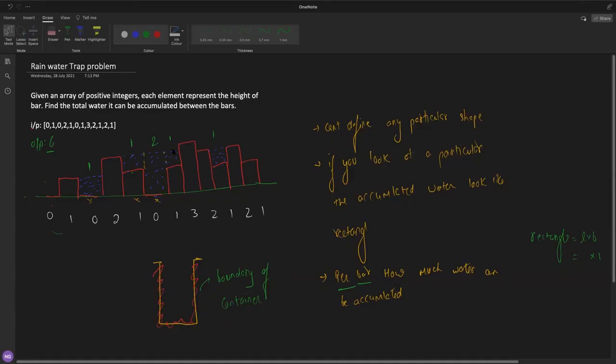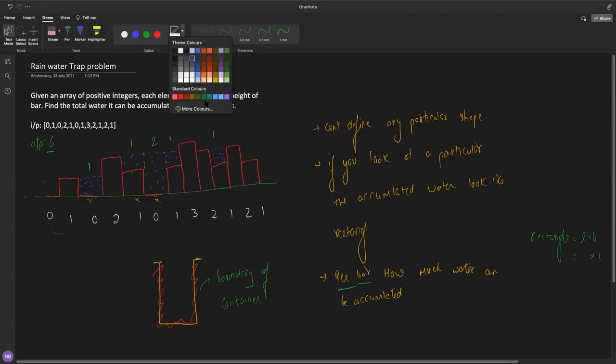If you look closely, I will tell you and you just check whether you are thinking the same thing or not. If I take this bar as an example, this is a bar of height 0. Let's take another one.